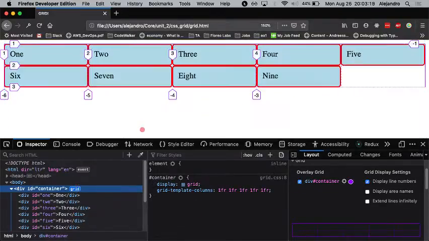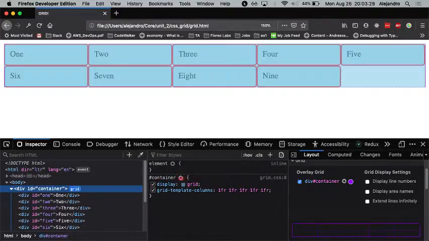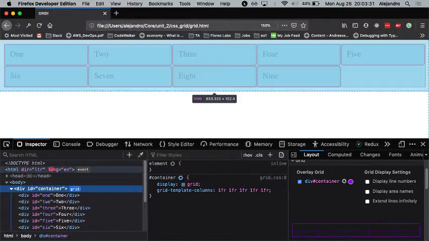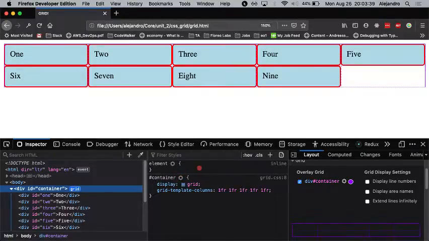Also, something that I really like about Firefox, and I'm not saying you have to switch or anything, just that you could experiment with it, is that I can leave something highlighted. If I click here, then I can highlight other stuff while still having this container highlighted, which is good for foreseeing how changing one element may change the height or width of another one. Having multiple things highlighted is not possible in Chrome, unfortunately. Okay, so